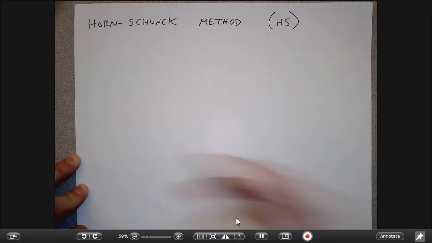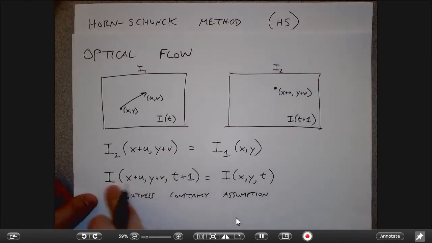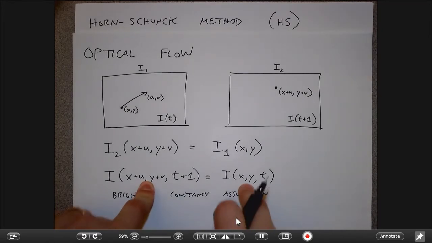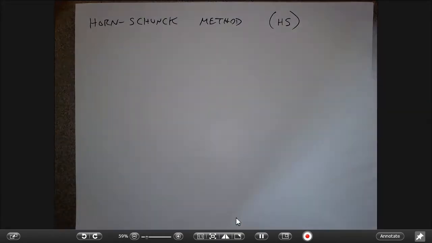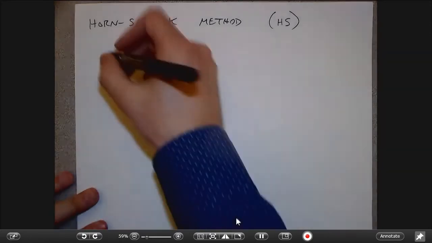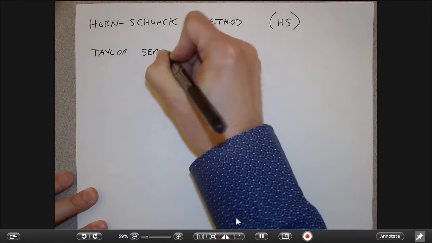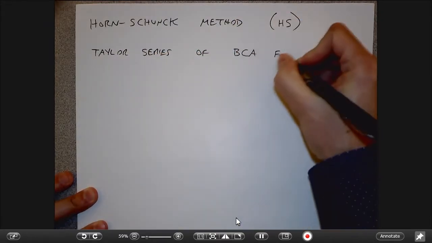Okay. And so the idea is, what if we were to take this equation here and expand it as a Taylor series? Again, Taylor series basically says I've got a function that I want to estimate, and I know it's close to this, right? So I'm expanding this around u and v, where I assume that the motion vector is relatively small. So if I expand the Taylor series of the brightness constancy assumption equation,